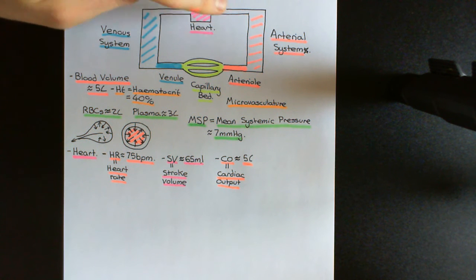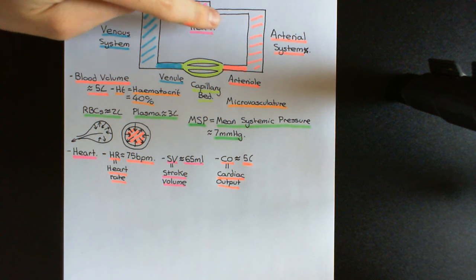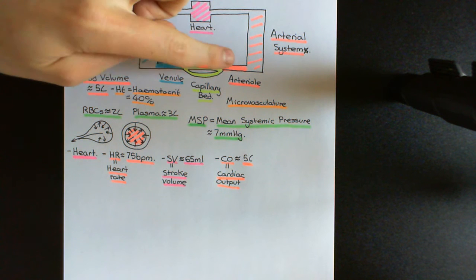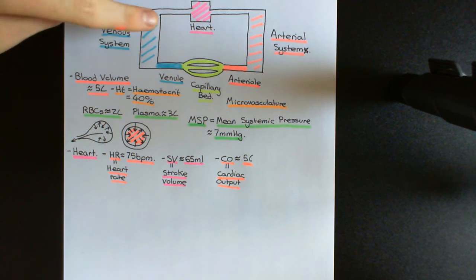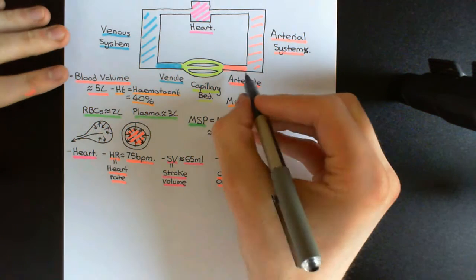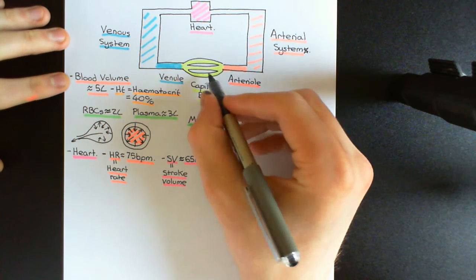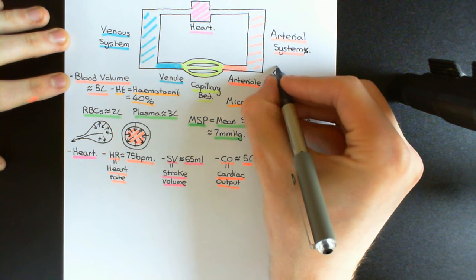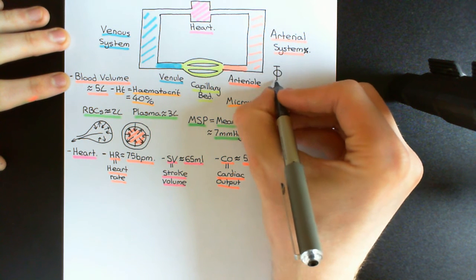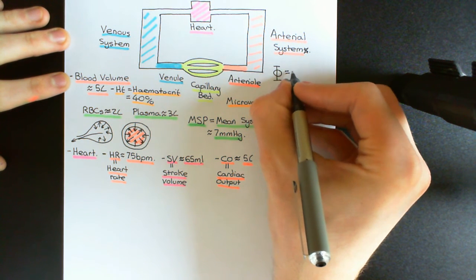So we will now create a pressure gradient between the arterial system and the venous system, and that is now going to be the driving force for blood to move from the arterial system to the venous system through the microvasculature and perfuse the tissue. Okay, so an important equation to know then is